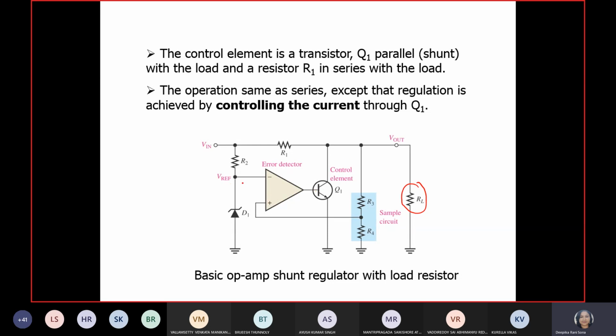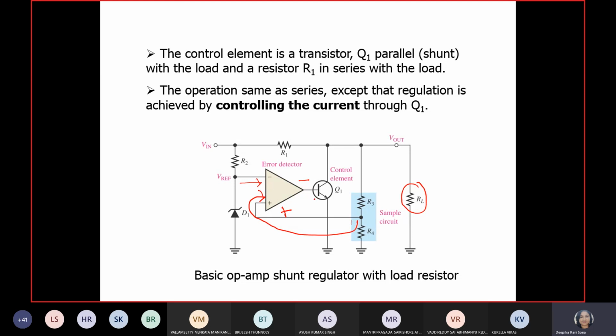The V reference voltage is applied at the inverting input of the op-amp, not at the non-inverting input. So whatever is at the inverting input will also be inverted guys. Yes or no? But now see, the voltage from this sample circuit is applied at the non-inverting input. So which part is higher here? Obviously, the positive part will always be higher. So we need not bother about the negative input voltage.